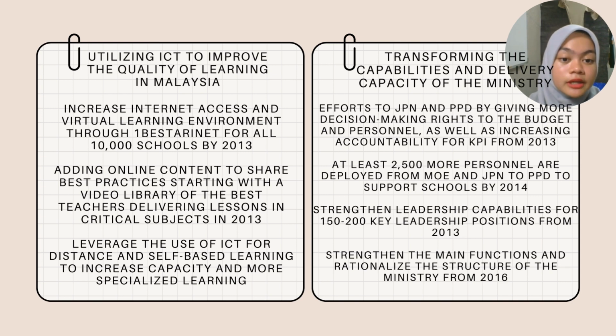Efforts to give GPN and PPD more decision-making rights over budget and personnel, as well as increasing accountability for KPI from 2013. At least 2,500 more personnel are deployed from MOE and GPN to PPD to support schools by 2040. It is also about strengthening leadership capability for 150 to 200 key leadership positions from 2013, and the last one is strengthening the main function and rationalizing the structure of the ministry from